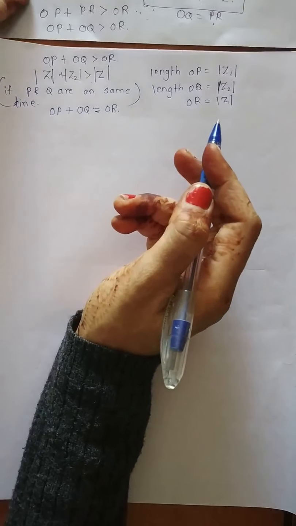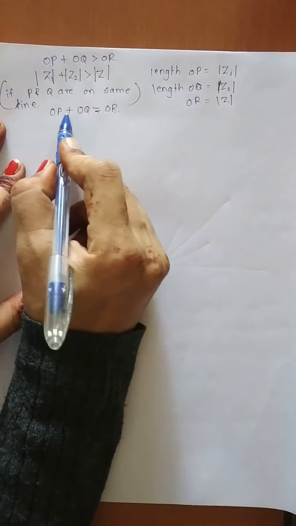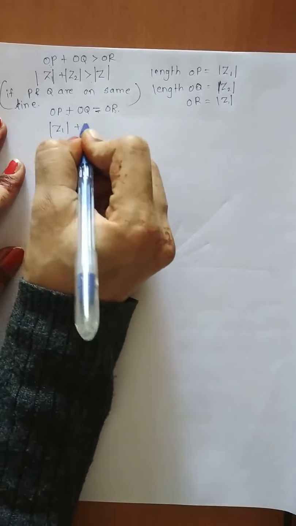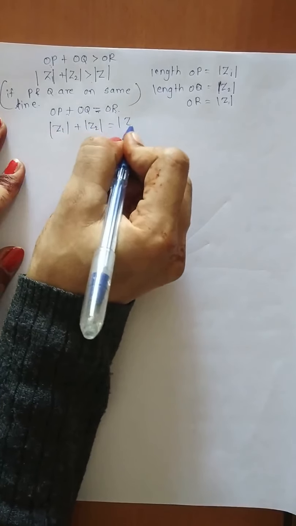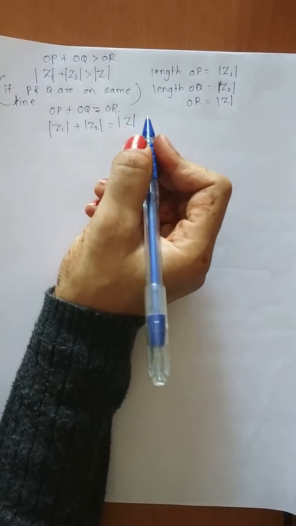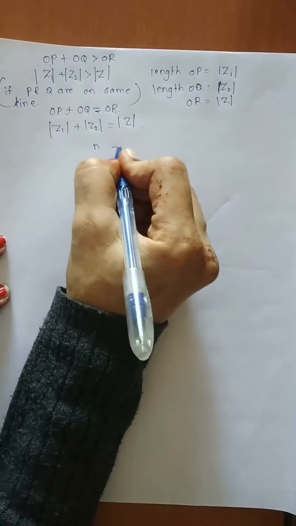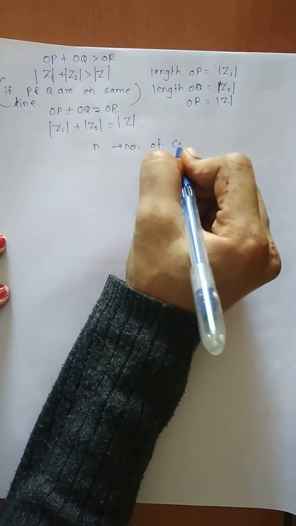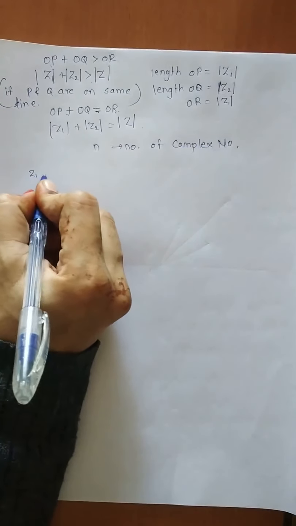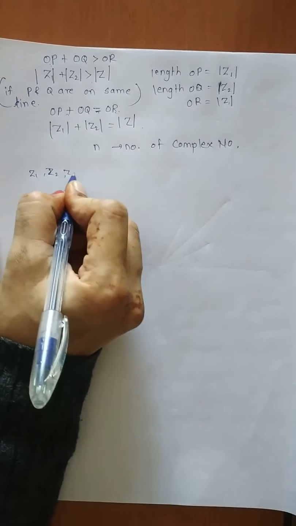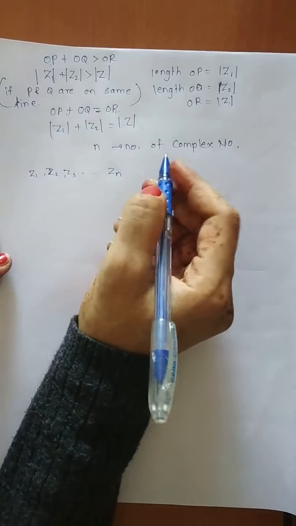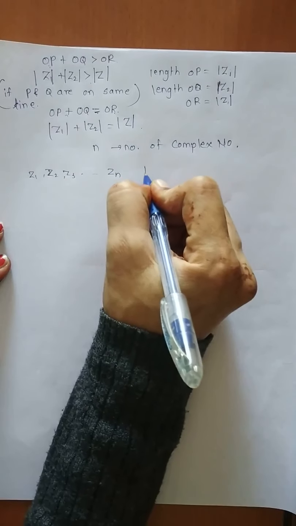Okay, so by substituting again the values of OP, OQ and OR, we will get mod Z1 plus mod Z2 will be equal to mod Z. Also, for the sum of complex numbers, let's say now we are having n number of complex numbers, that is Z1, Z2, Z3 and so on up to Zn. Then this addition is obtained by constructing